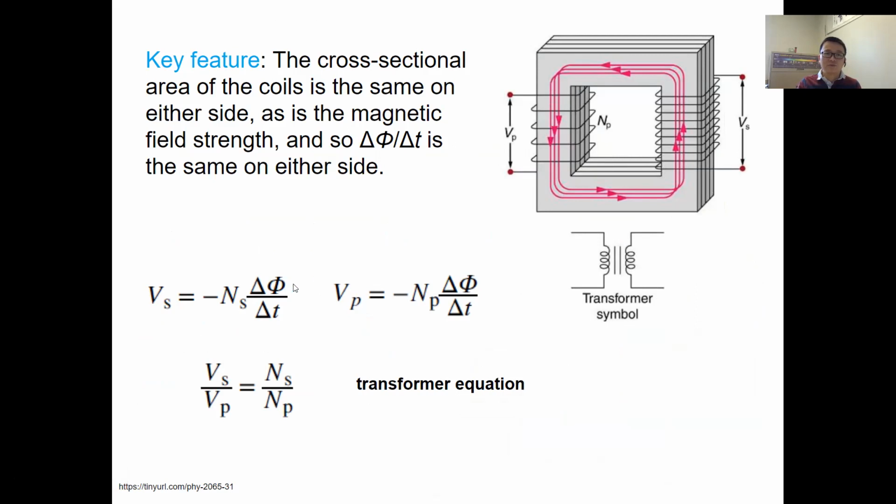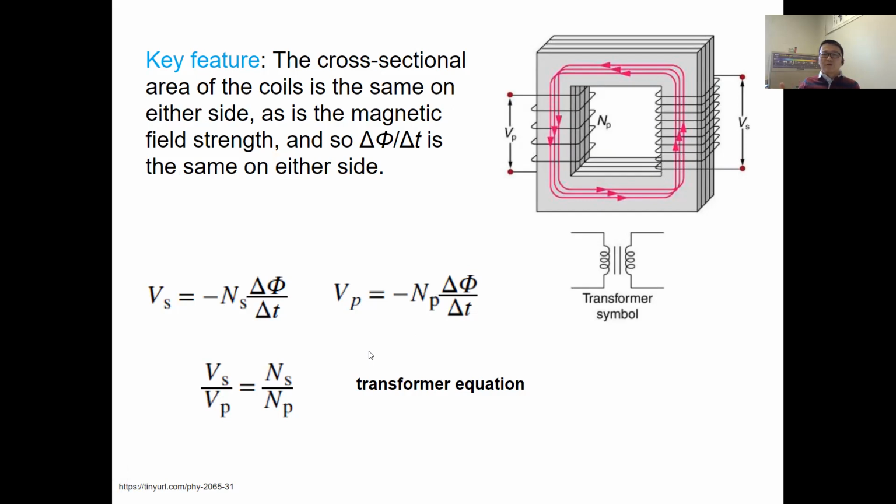So delta phi over delta t on this one is equal to minus Vs over Ns, and delta phi over delta t on this equation is equal to minus Vp over Np. So then Vs over Ns is equal to Vp over Np,